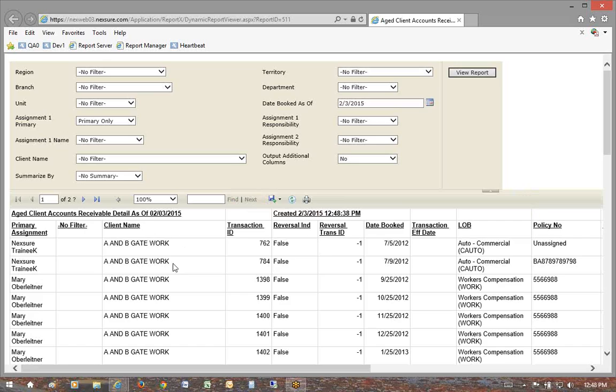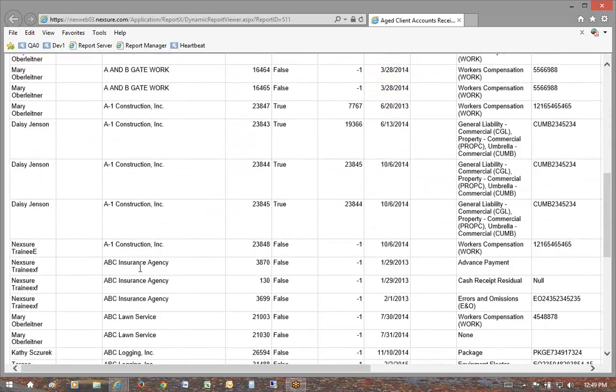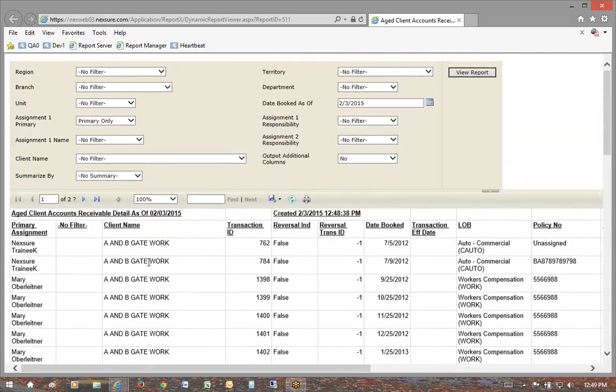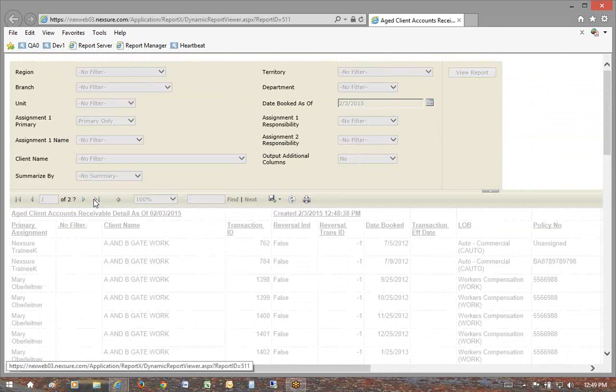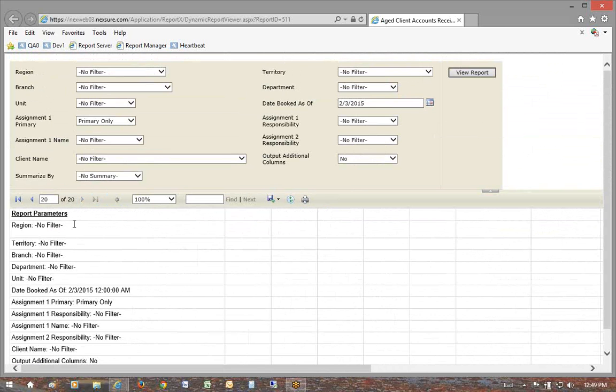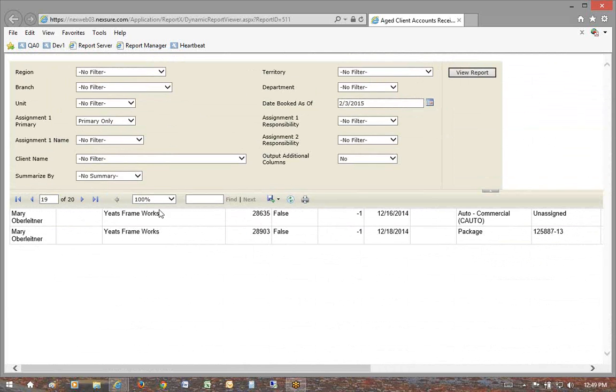Okay, so here we have, and this one is sorted by client name. Here we have a long report, and it has quite a number of pages. In fact, this one is going to have 20 pages in more of a table format. The nice thing about this is